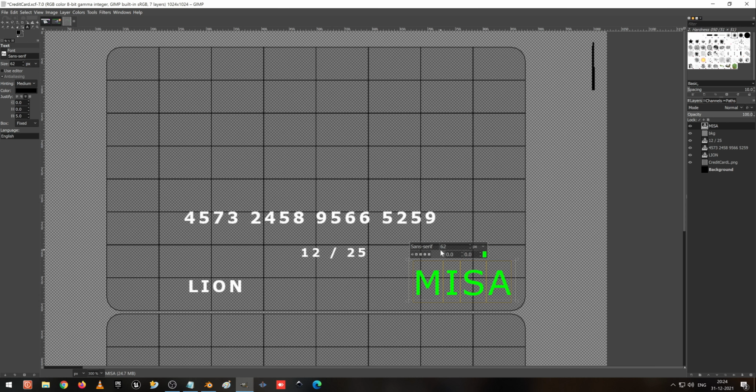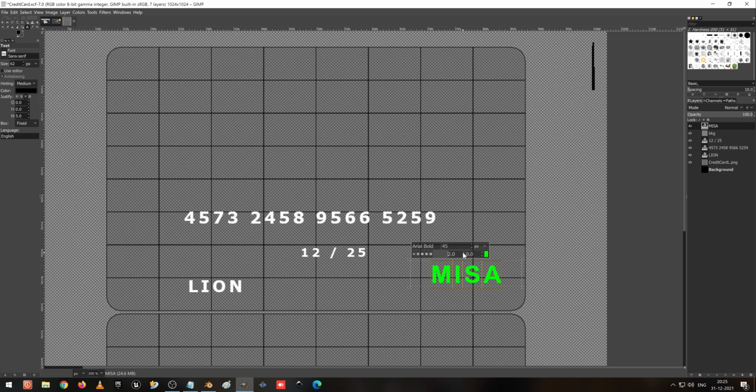So Misa I'm going to reduce a little bit down. I'm going to change the font to Arial Bold. Looks nice, and I make it smaller. No, I make it a little bit bigger so it looks nice.